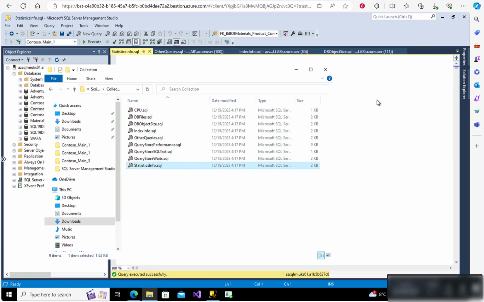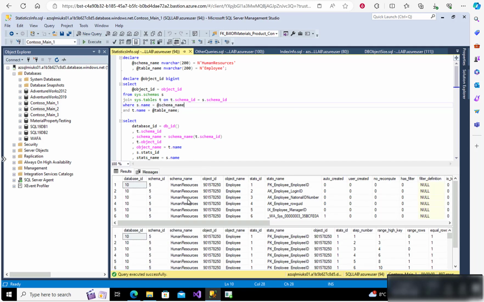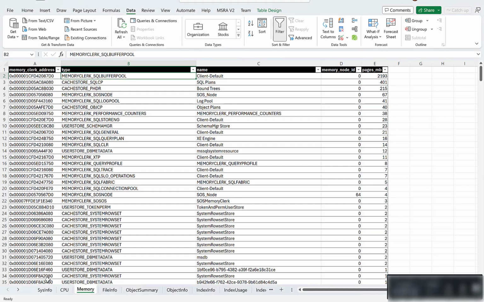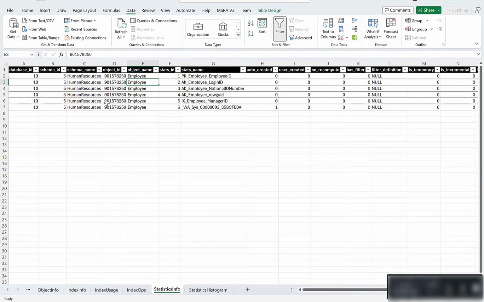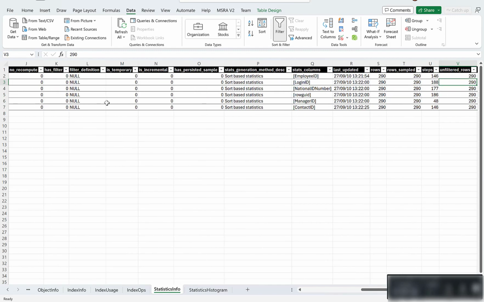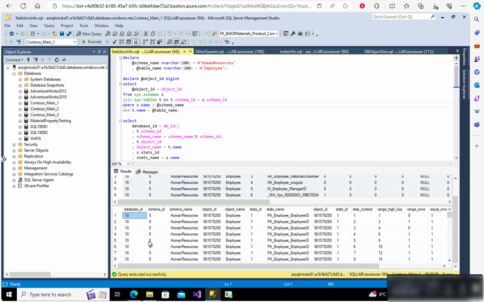Finally, we move to the statistics info. Again, if I do this at the human resources and employee level and run again, this will give me metadata about the statistics and also the histograms available as well. If I go all the way to the end and into the statistics info tab, this tells us information about each statistic for a particular table, when it was last updated, whether there have been a lot of modifications to it, and what columns it represents. And then we can take the histogram information